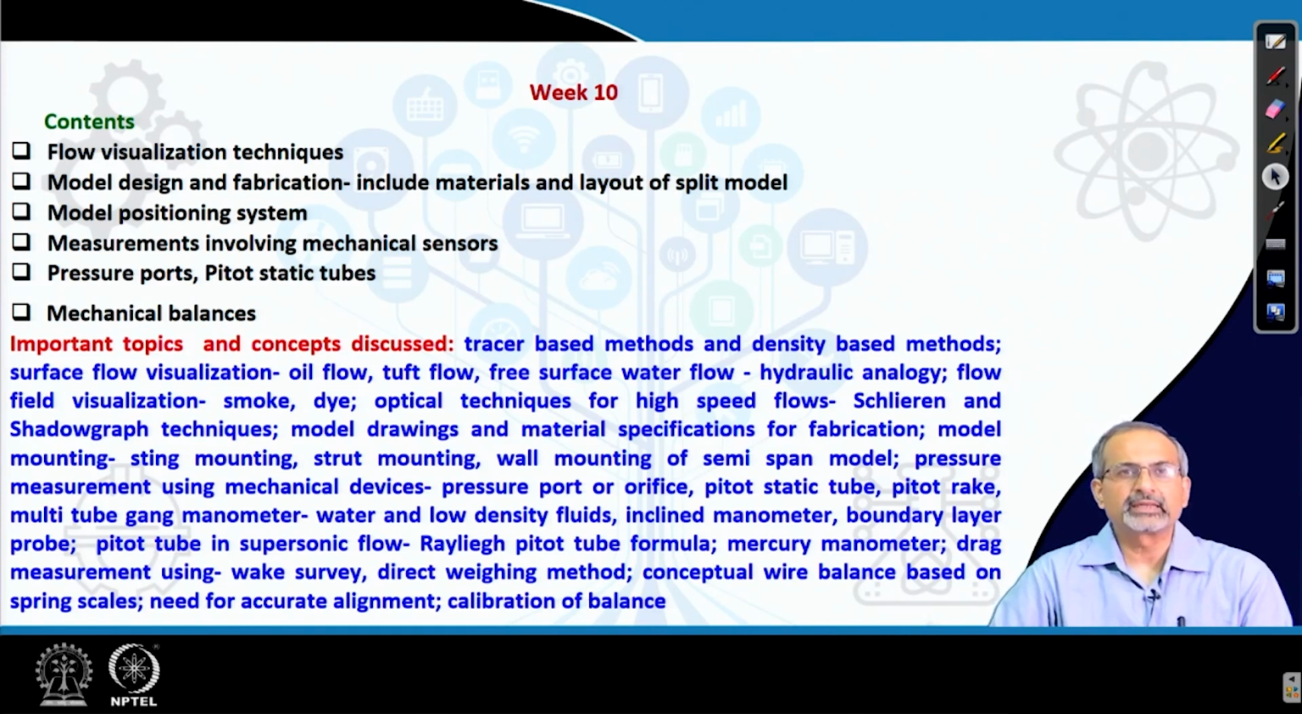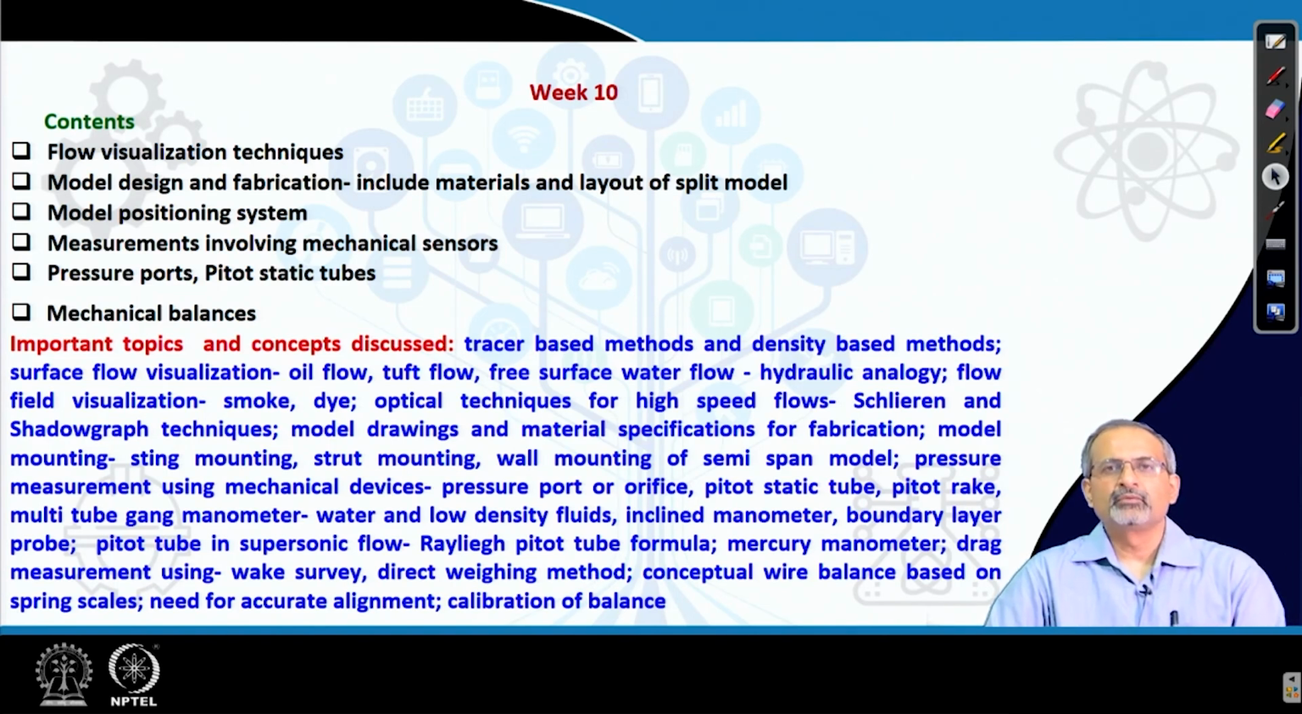Pressure measurement using mechanical devices, where we discussed details about pressure ports or orifices, pitot-static tube, pitot rake, multi-tube gang manometer using water or low density fluids as working fluids, inclined manometer to increase the sensitivity of the measurement at low speeds, boundary layer probes which are specially designed to obtain the velocity profile near the boundary layer, and pitot tube in supersonic flow, where we use the Rayleigh pitot tube formula to obtain the test section Mach number, where mercury manometer is the obvious choice because of high pressure